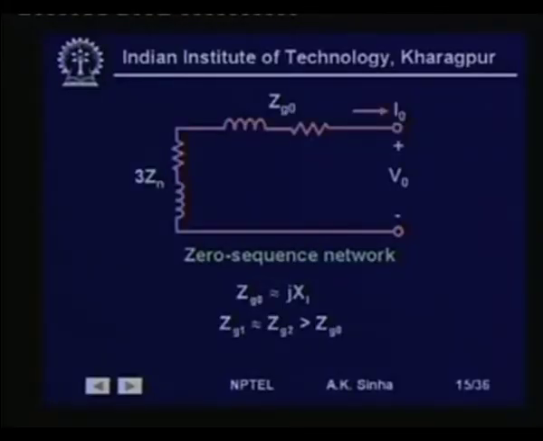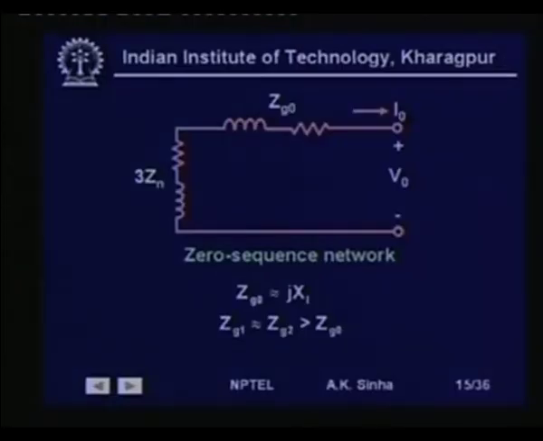So, that is why we will get here Zg0 is equal to jXL, the leakage reactance. Since leakage reactance is much smaller than the subtransient reactance of the machine, therefore, we have Zg1 is nearly equal to Zg2, and this is going to be greater than Zg0, which is just equal to the leakage reactance of the generator. The typical values of